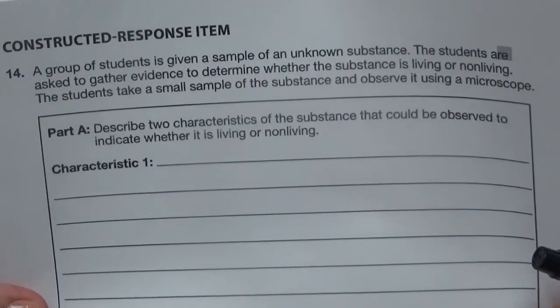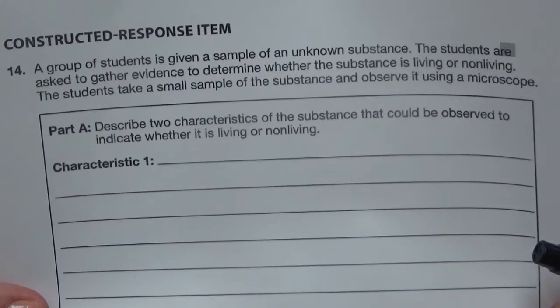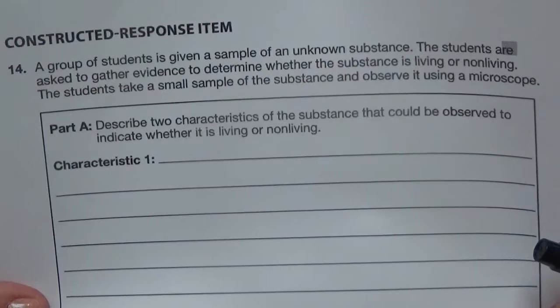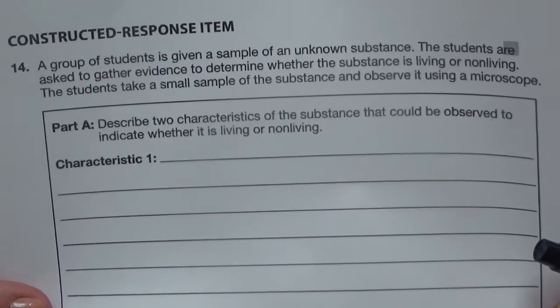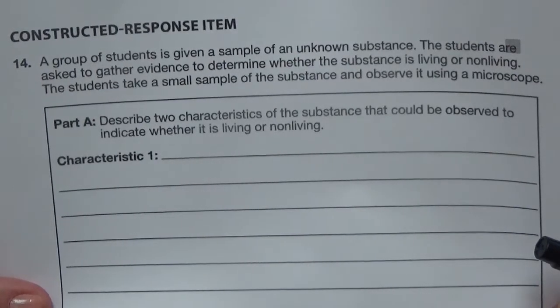The students are asked to gather evidence to determine whether the substance is living or non-living. The students take a small sample of the substance and observe it using a microscope. Good for them. Describe the 2 characteristics of the substance that could be observed to indicate whether it is living